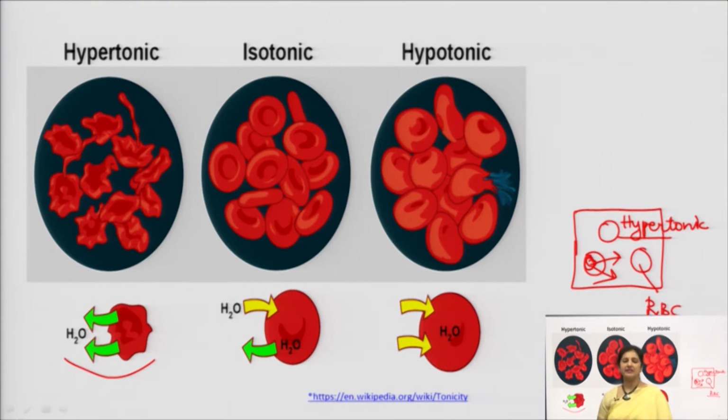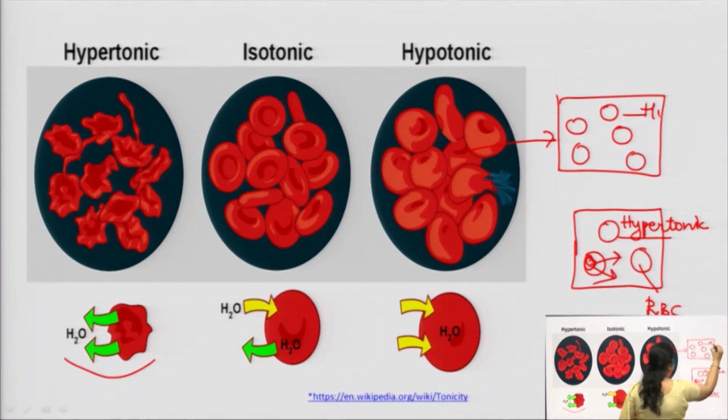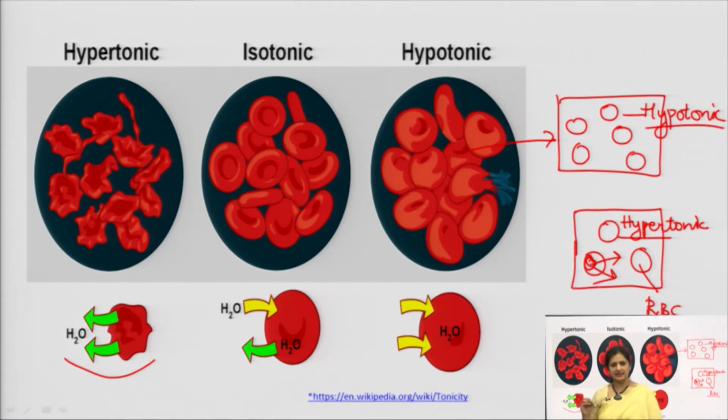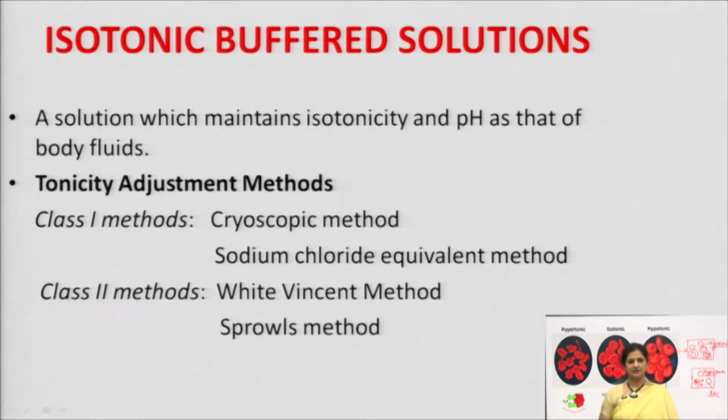Now, reverse will be the case with the hypotonic solution. Let us come to that also. Say this is the hypotonic solution. Now, these are the cells. This is hypotonic, means the salt is lesser. Once the salt is lesser, means the solvent is on the higher side. Now, the solvent will move from the solution to the cell, which is going to cause the increase in the size of the cell, or the swelling, as shown here. When the solution is isotonic, there is neither a gain nor a loss of any kind of solvent molecules.